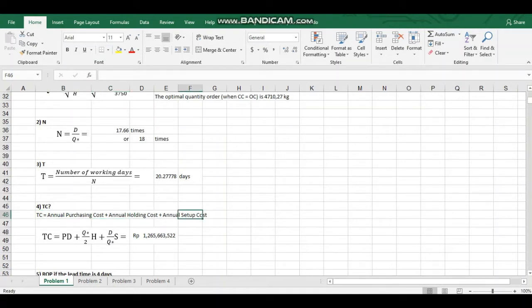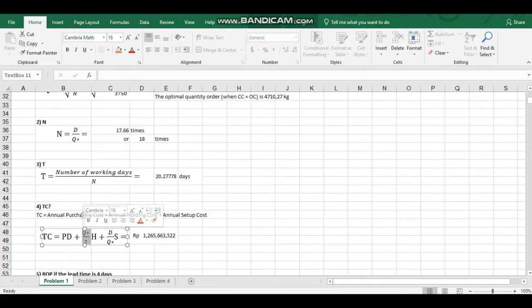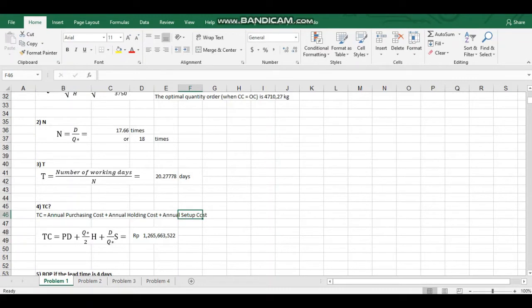For calculating the purchasing cost, we multiply the price with the annual demand, and for annual holding costs we divide the EOQ by 2 and then multiply it with the holding cost. And also the last one is the setup cost, or in this case we just